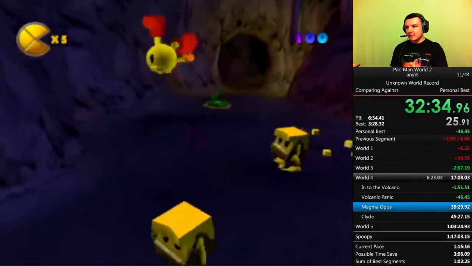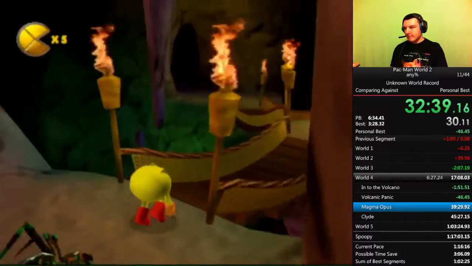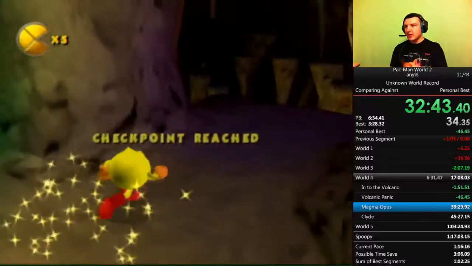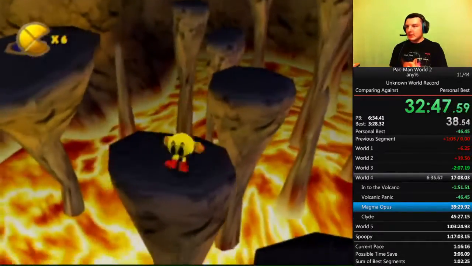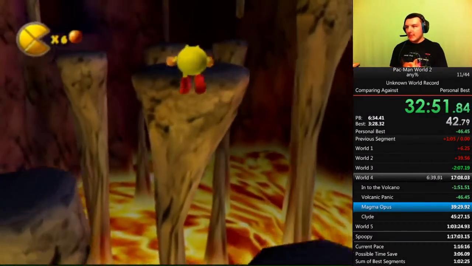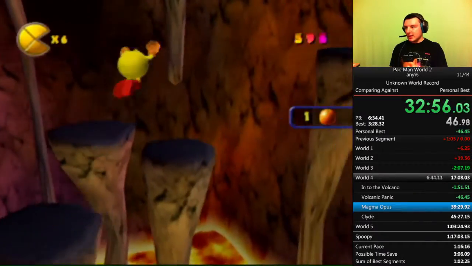Oh, that's silly. Never understood that. I went through a checkpoint, and 10 seconds later, nice camera, I go through another checkpoint. So here, I'm supposed to go up into that corner and get a metal power-up, and then jump on this lava guy's head. But what I can do instead